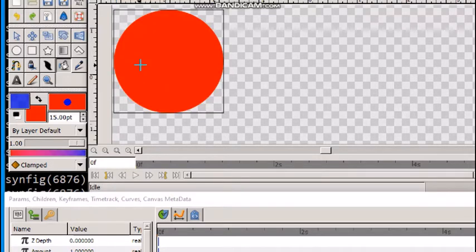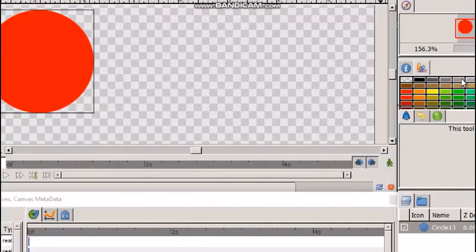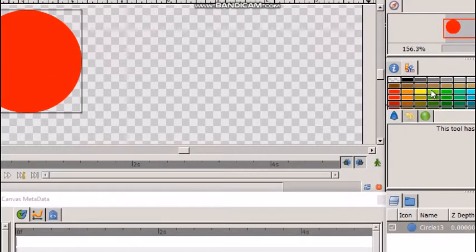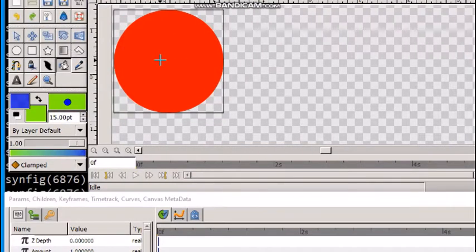So you can see the color of the circle has changed. The fill color of circle has changed. So now suppose I want to change this color to say green color. Select green color. Select the object. So now the fill color of the circle is green.